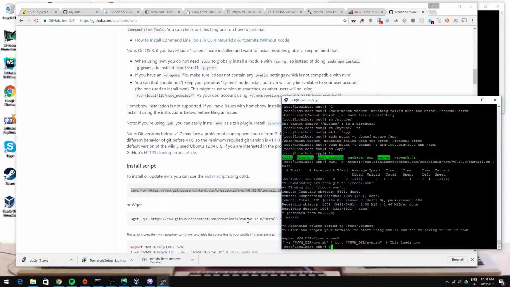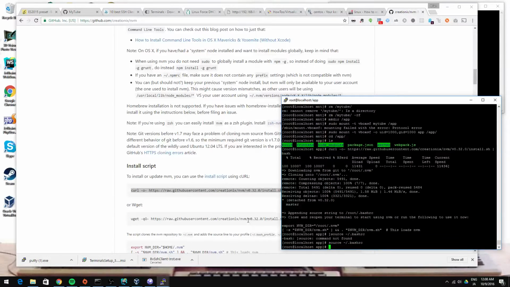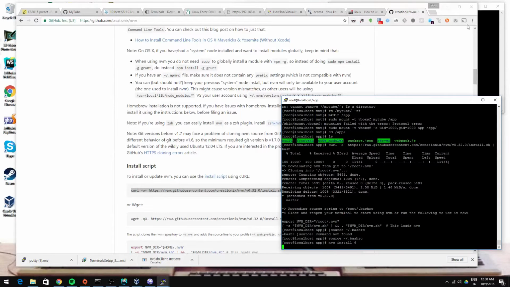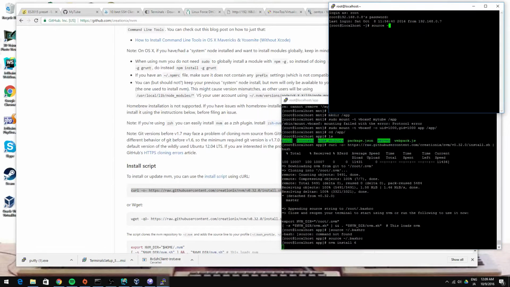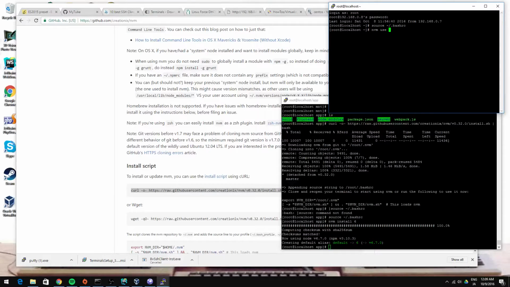rm -rf. Yeah, sure, I'll just delete my root directory. Now we're going to source the bash file, and then nvm install 6. Same here, source the rc file, nvm 6, and then